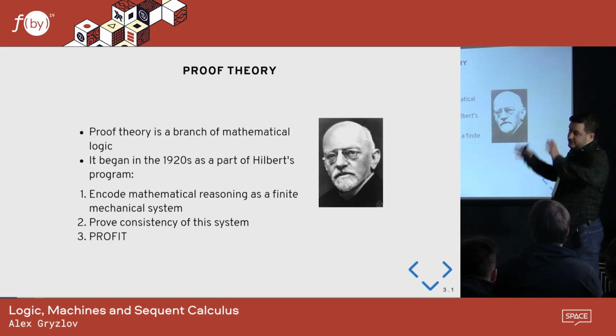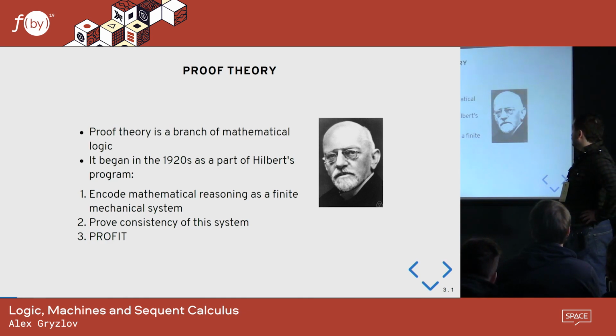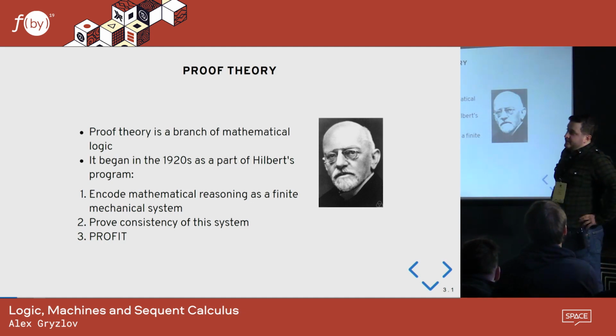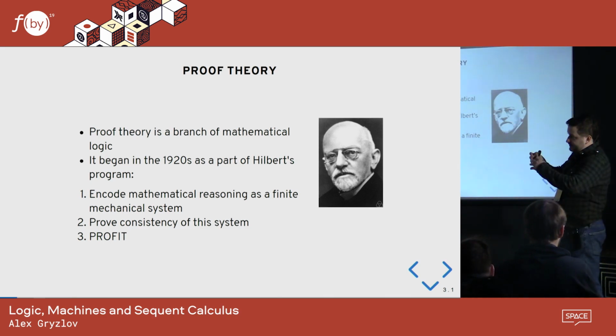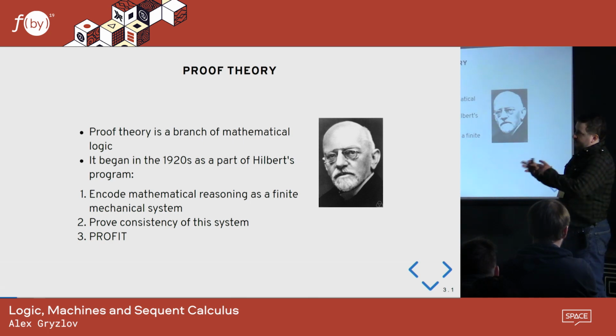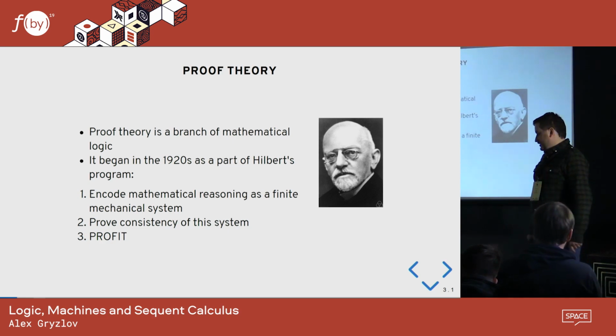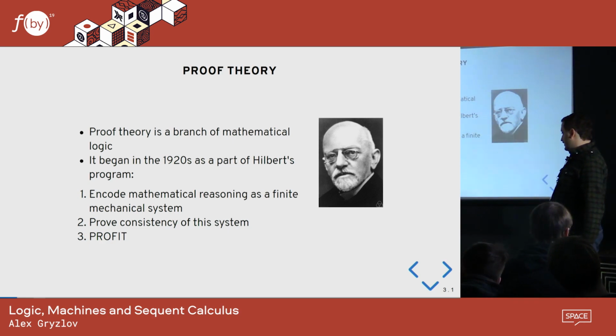The common theme of this talk, if we would summarize it in 1 or 2 words, would be proof theory. So what is historically proof theory? A short introduction. It's a branch of mathematical logic, and mathematical logic itself coalesced, I think, in the half of the 19th century. At that time there were lots of branches of mathematics, and people started thinking: what if some branches are actually false at their core, and how can we verify, for example, that if we are doing calculus, we're not just doing some abstract stuff that has no relation to the truth.